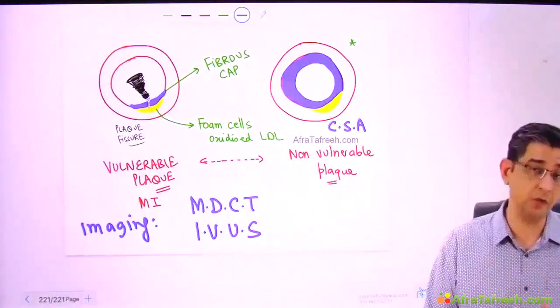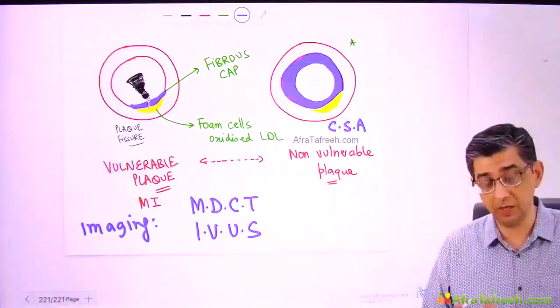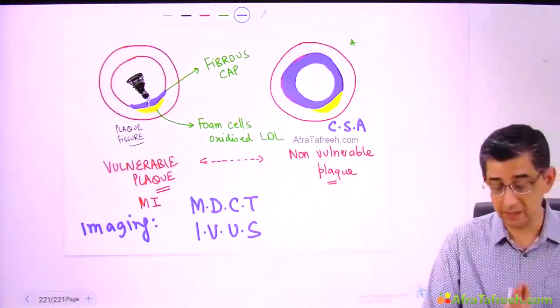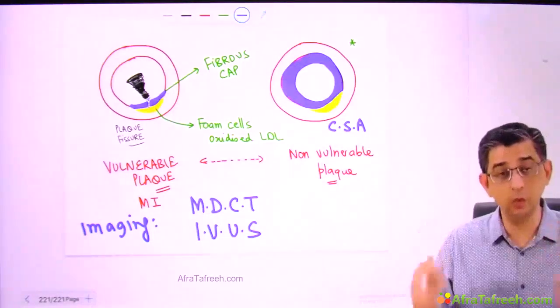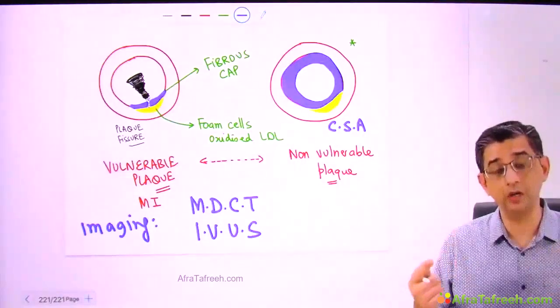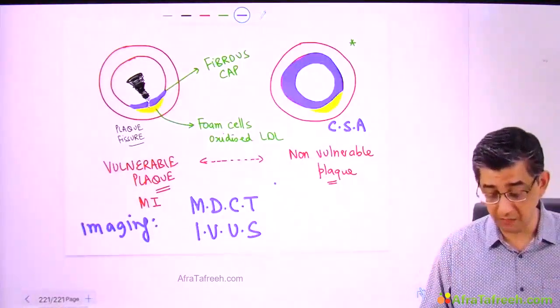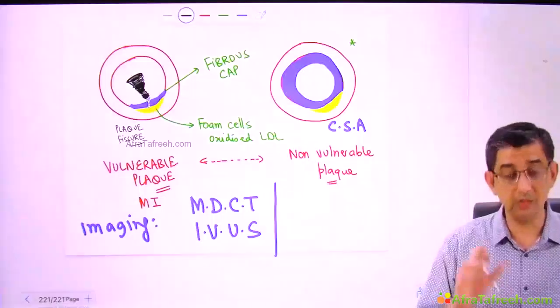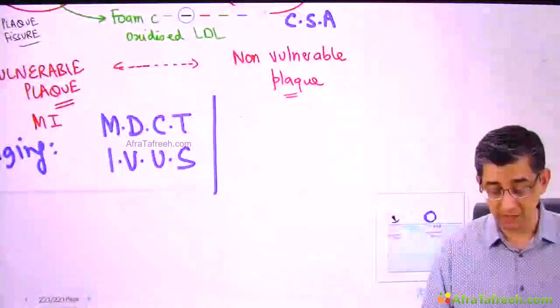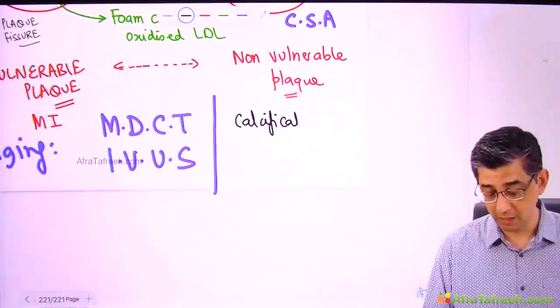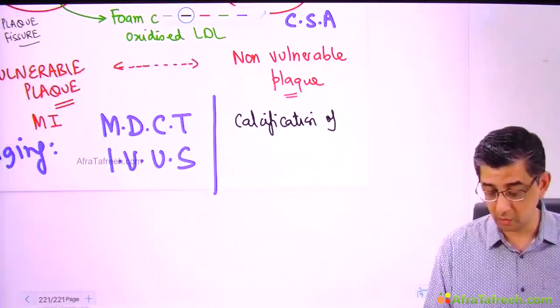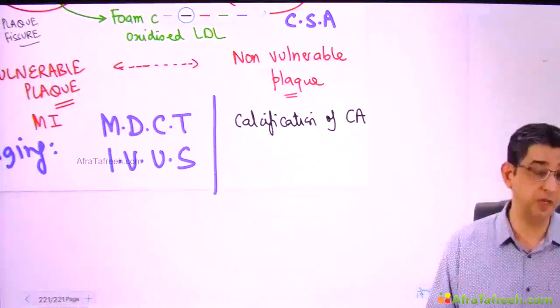To differentiate between a vulnerable and a non-vulnerable plaque, we can go in for a multi-detector CT scan. In the same patients, both the first and the second image, in both of these patients, in the long run, there can even be calcification developing in the coronary artery. Listen to my next statement very carefully. I said in the long run, whenever blood vessels are involved, you always read about calcification. Calcification of the coronary artery can also develop.